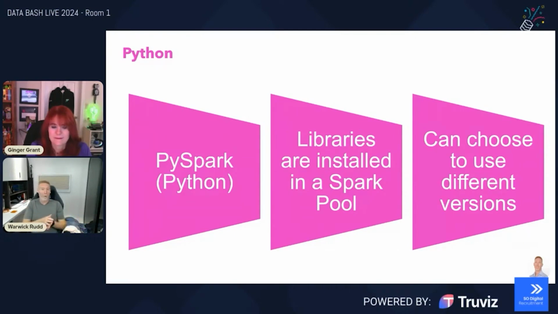Well, when working with notebooks in PySpark, you get a couple of options available to you. We can see here we've got our Python libraries or PySpark. We've got those libraries which are automatically available to us, and therefore things just start up so much more quickly so that we can get working and do what we want to do. But we're also able to choose different versions that we want to be able to use in our dedicated pool for what we want to do.